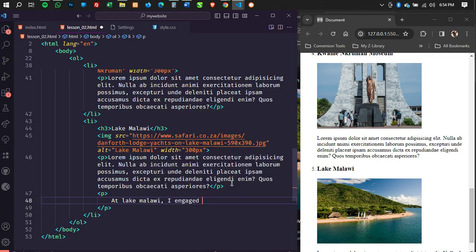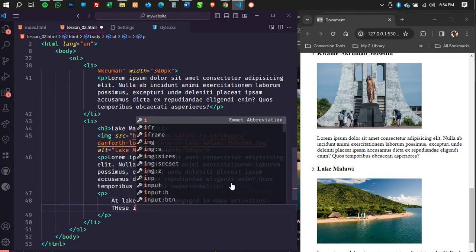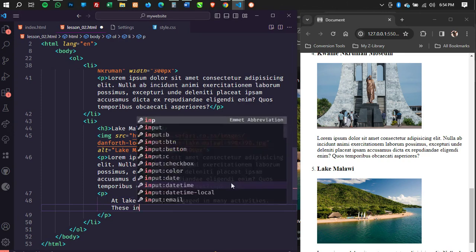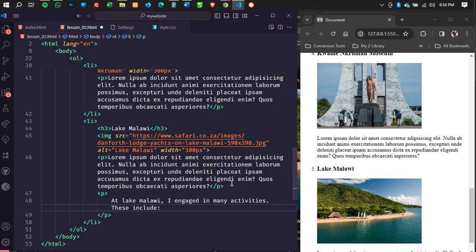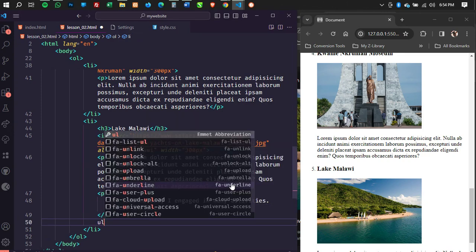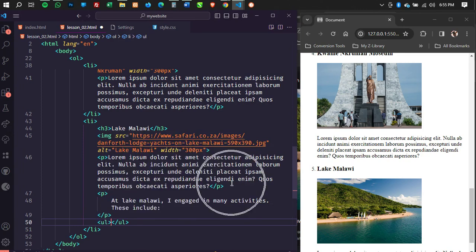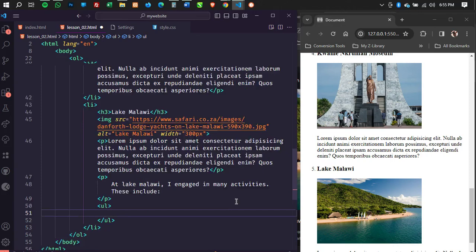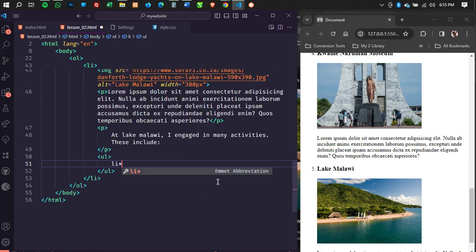I engaged in many activities, right? These include, then we can have what? Another list, which is what? An ordered list inside an unordered list, or let's say a bullet list inside a numbered list, right? And so when you come here, I can say li times 3.